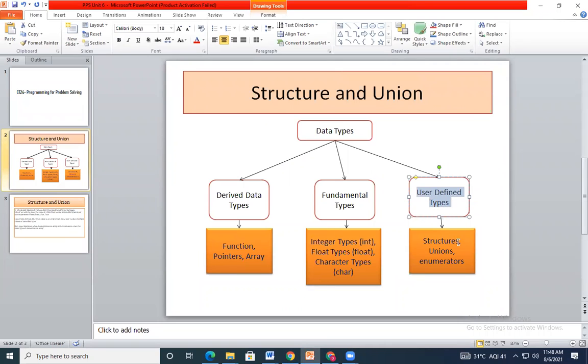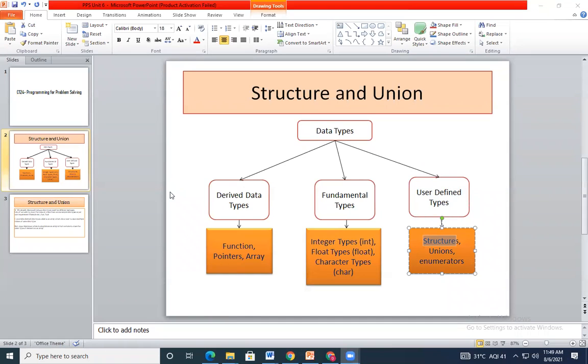That means here I have the flexibility to create my own user defined structure. For an array there is a bound: you need to use a base data type. But for a structure or union, it is not mandatory to go for the system defined types. Here you can create your user defined types and access values accordingly.